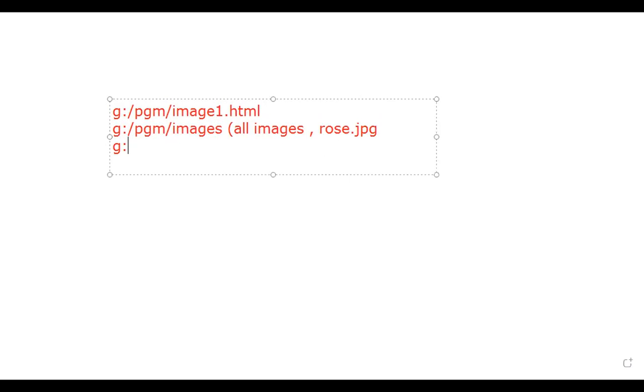There is one more folder called images. And under this images, all your images are stored. One of the images, for example, rose.jpg. Fine. Now in a folder that is G Drive PGM, there is one image called what?